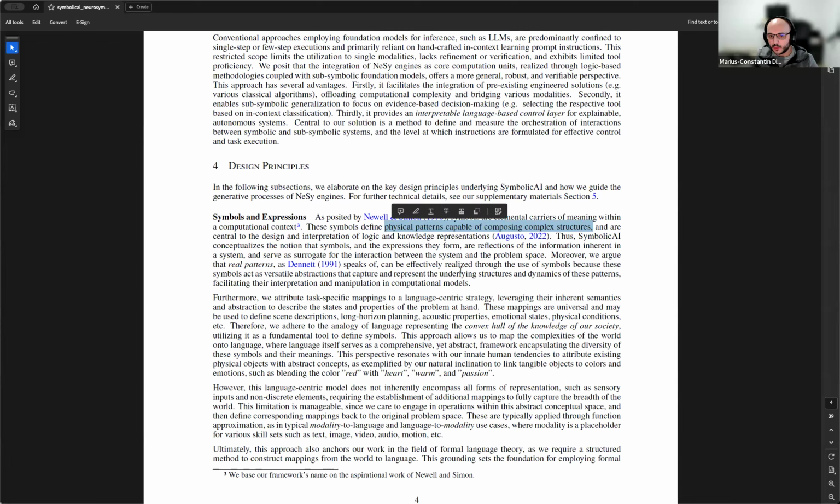And this is exactly how we got inspired, where we say anything could be a symbol in our framework. So if you define your image as a symbol, that's fine. It could be a symbol. The question is whether your neurosymbolic engine can then interpret that symbol easily. If you used an LLM, for instance, as a neurosymbolic engine, that's one example, and you throw the entire array of a three-dimensional tensor as an image into it, then that's hard for the LLM to interpret, right? Because that's not how it was trained and optimized.